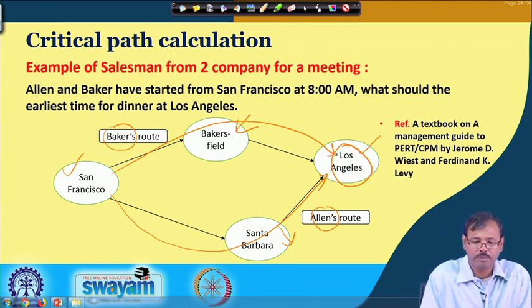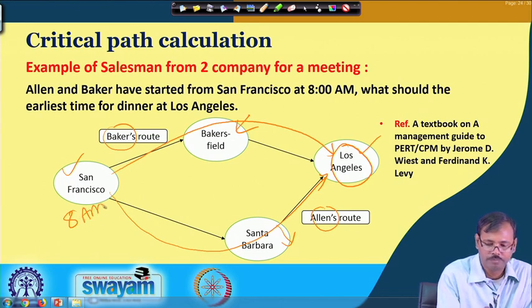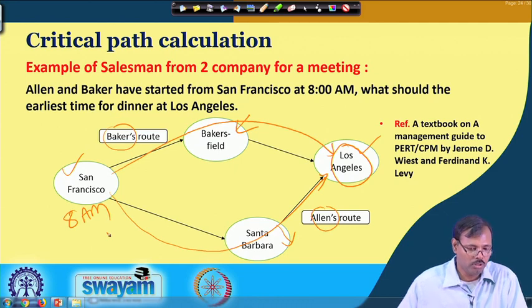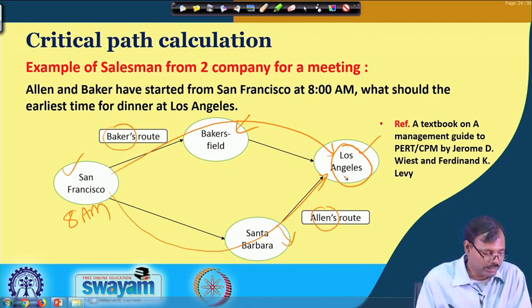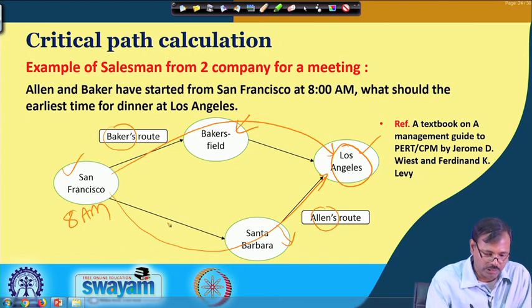Consider they have started at San Francisco in the morning at 8 a.m., and consider that Allen requires 8 hours of driving